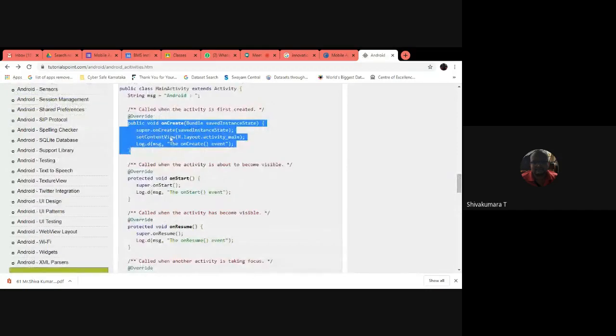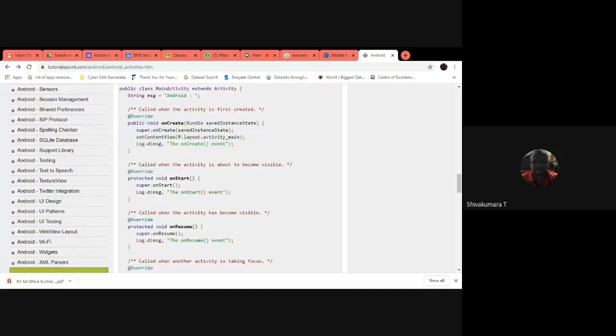Whenever you call the activity, you are launching or initiating the activity, so it will call onCreate. onCreate has the parameter Bundle savedInstanceState. The current instance state of that activity is loaded by bundling. Bundling means packaging all the classes and resources, external and internal resources, bundled and put in the class file called resource, that is R.